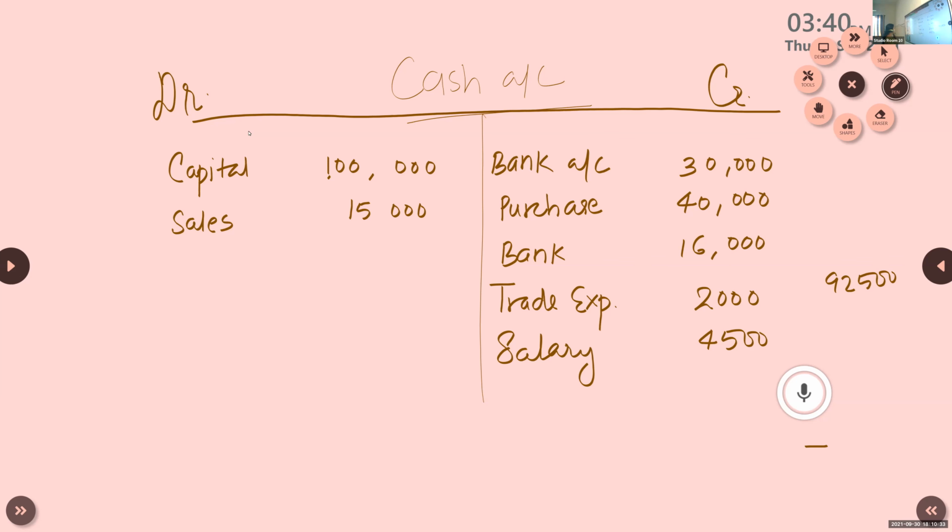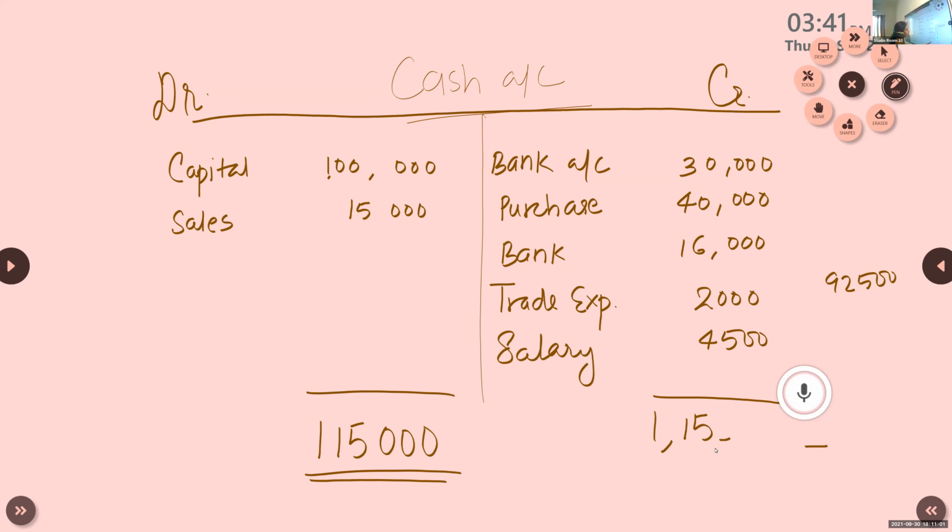Debit side or credit side? Which side amount is more? Which is more? This question is asked in primary class. 1,15,000, the debit side. So that larger amount, we will write it on both the sides like this. This is the way we write.